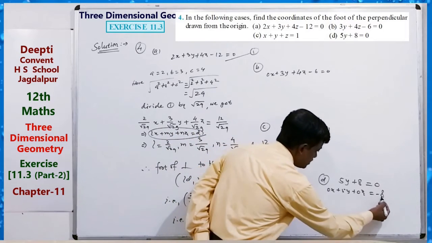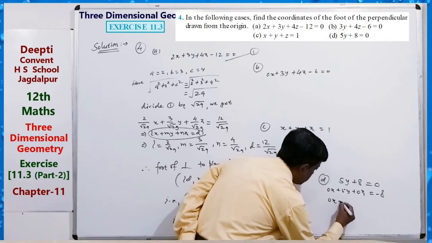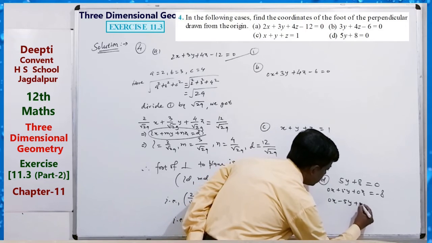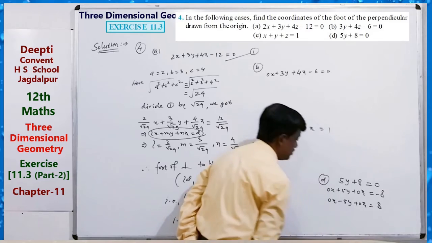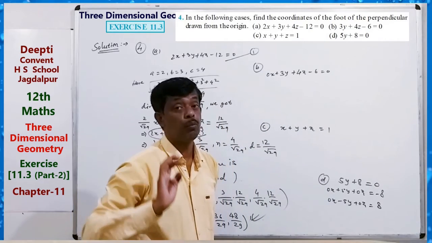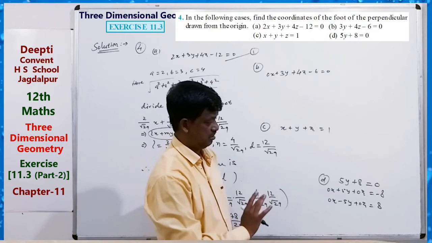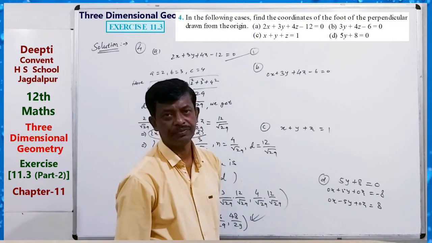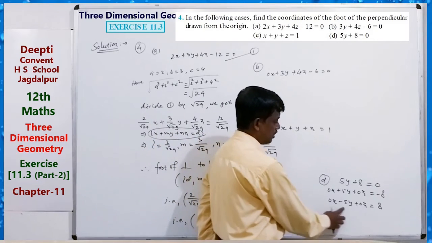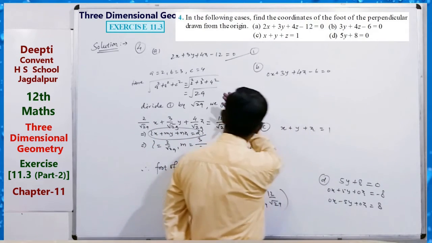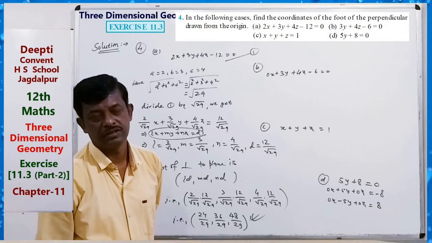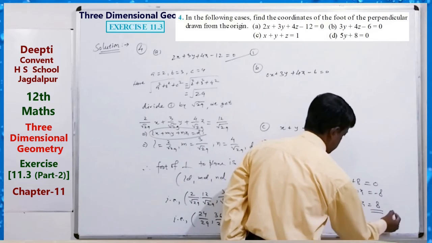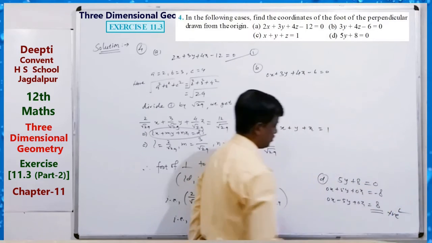Just like this, minus 5y. Just take the right hand side as positive 8. For making it positive, just multiply by a minus sign. So you can write it like this. Now 0, minus 5, 0. Take ABC and do the process. Clear? Remember it: the right hand side should be positive. Clear?